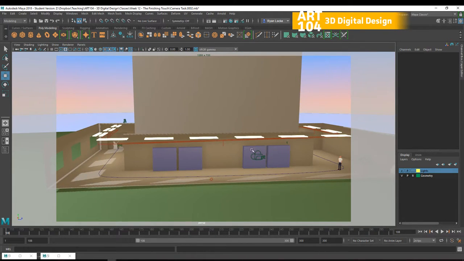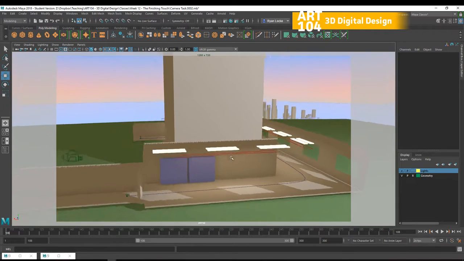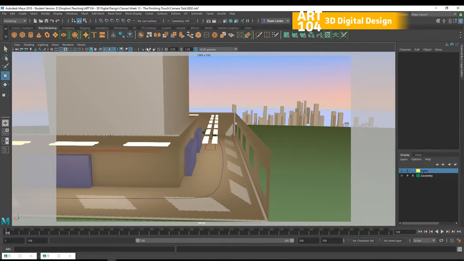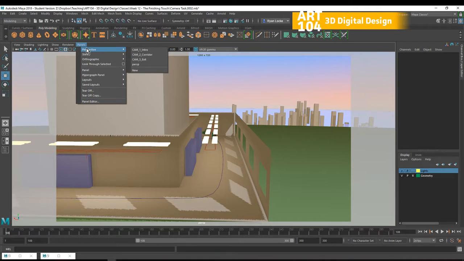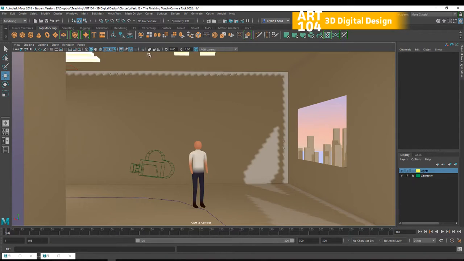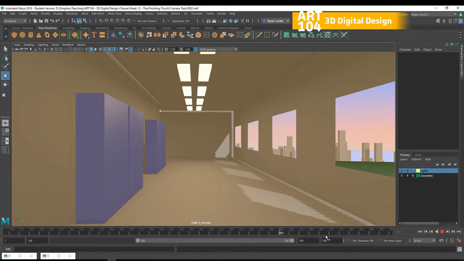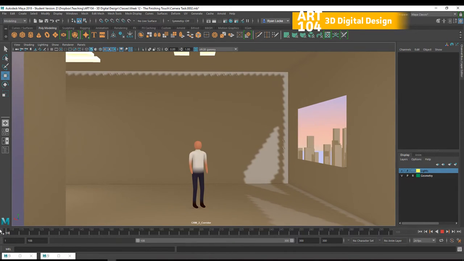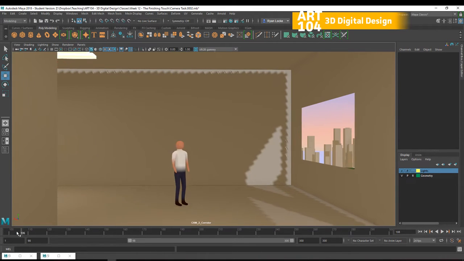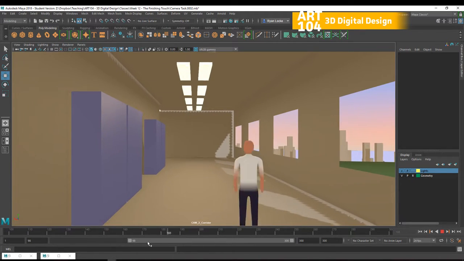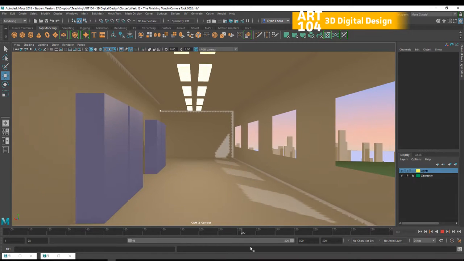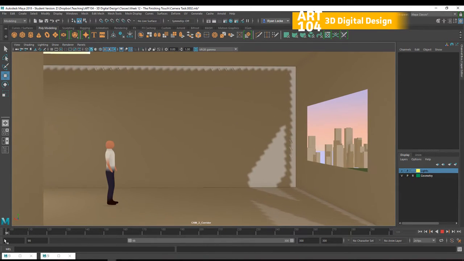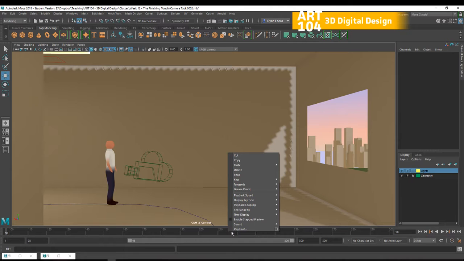And of course, if we were to play blast this becomes much more fun. So let's do that. Let's go to perspective, camera 2. And of course what I'm getting is simply this. I might even pull that back to its initial few frames. There we go. So here's Bob, he's going for a walk. And if I was to play blast this,